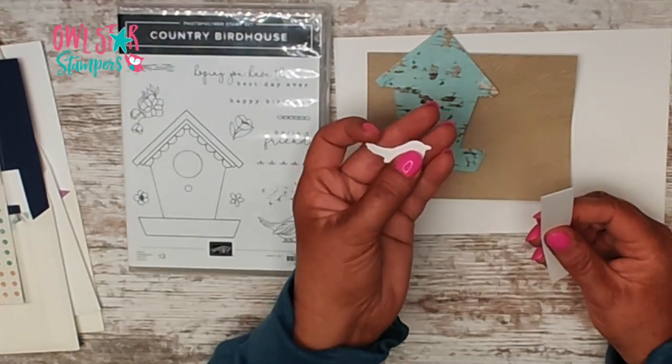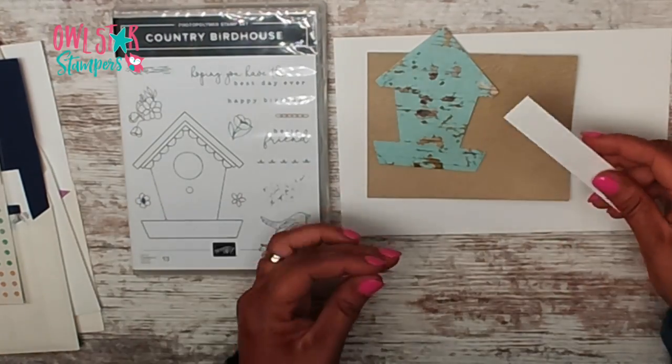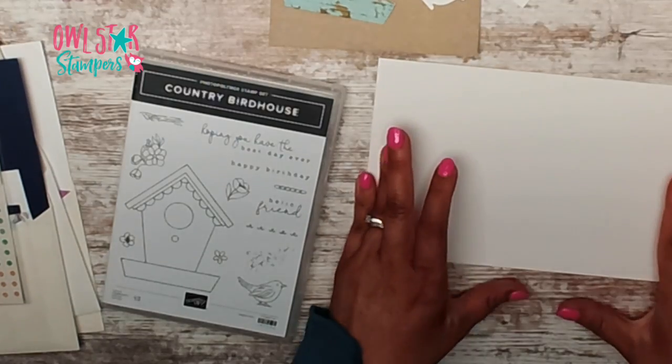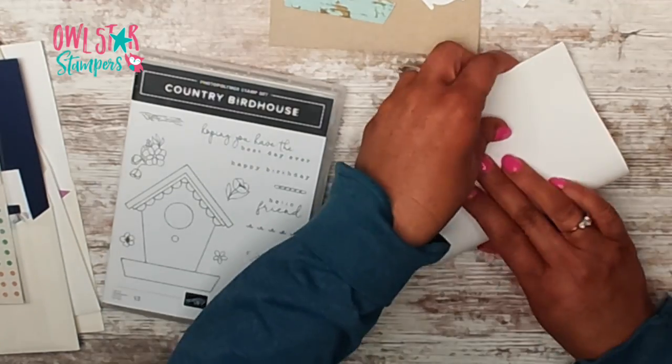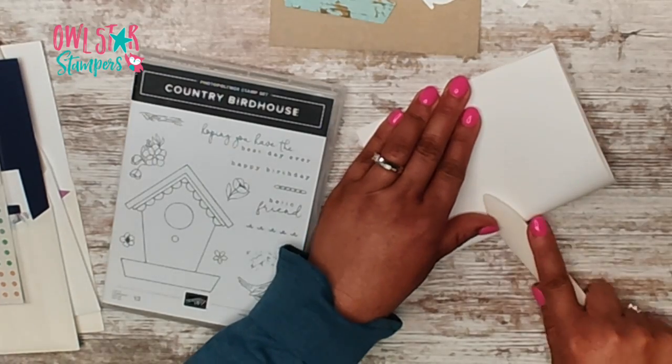And for the sake of the video, I already die cut my bird. You're gonna have to die cut your own bird or fussy cut it out. Okay, so let's get started. For this card, I'm just gonna use Early Espresso ink. So I'm gonna fold this card in half, and